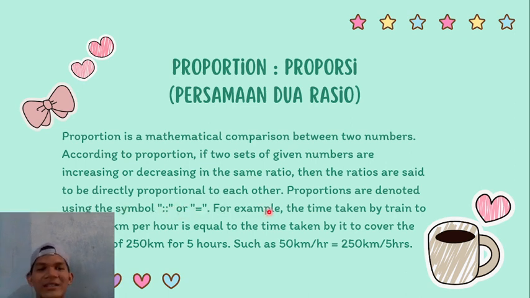For example, the time taken by a train to cover 50 km per hour is equal to the time taken by it to cover the distance of 250 km for 5 hours, such as 50 km per hour equals 250 km per 5 hours. Okay, next is